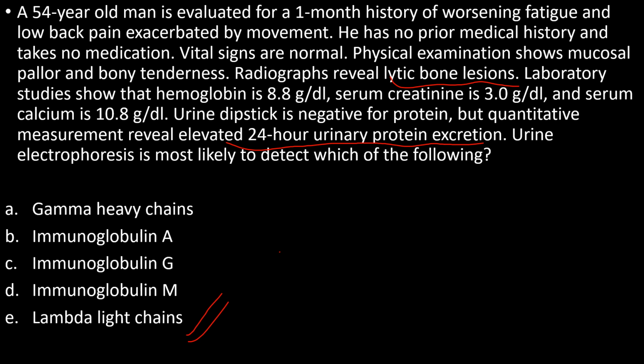In this case, large intact immunoglobulins and heavy chains can enter the urine. However, albumin, which also passes through the injured glomerulus, would be detected on urine dipstick. And since there is no urine dipstick test finding for albumin, so A, B, C and D will not